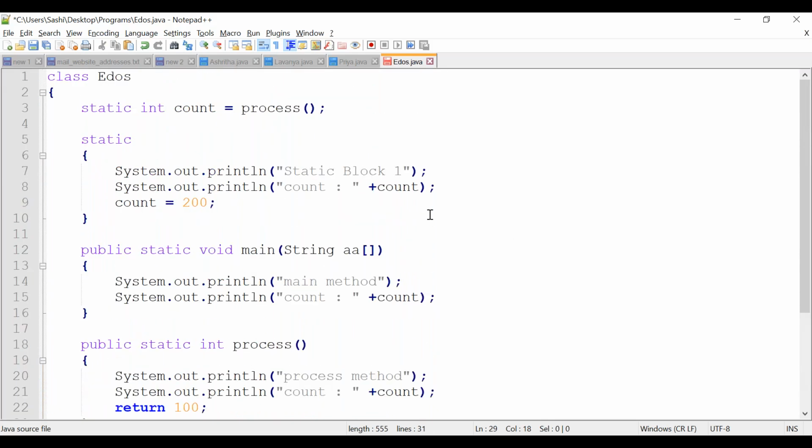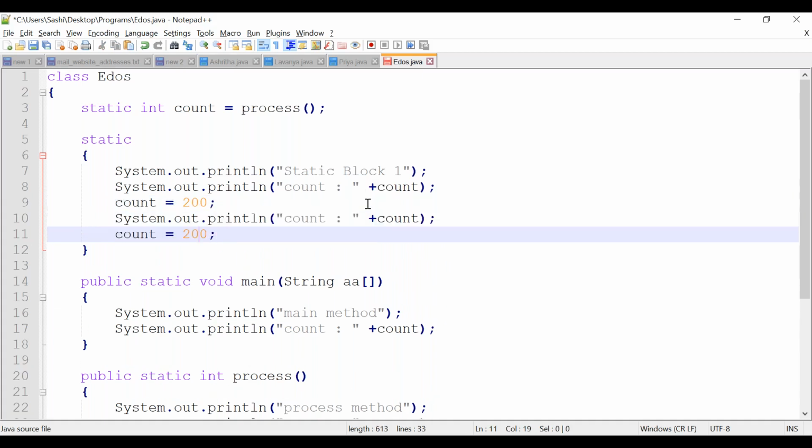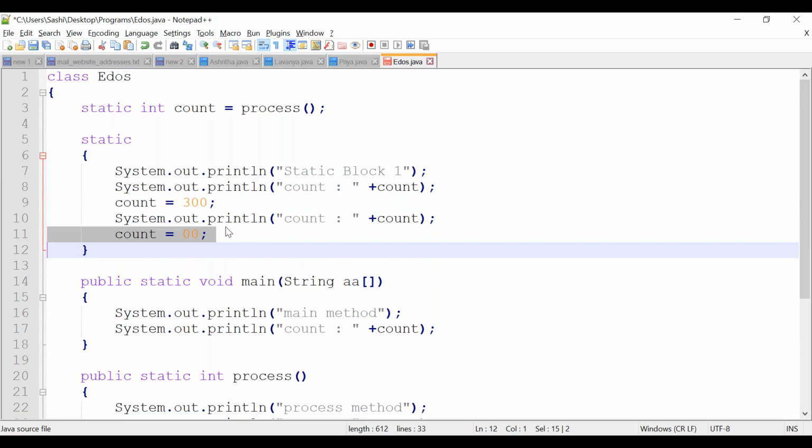We are printing something, then again I'm mentioning the count value here, 300.